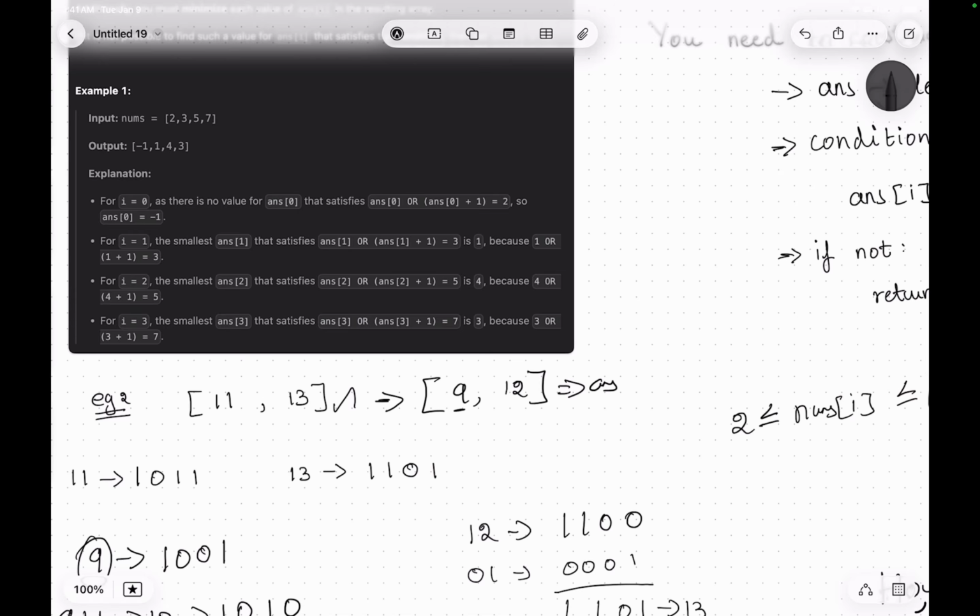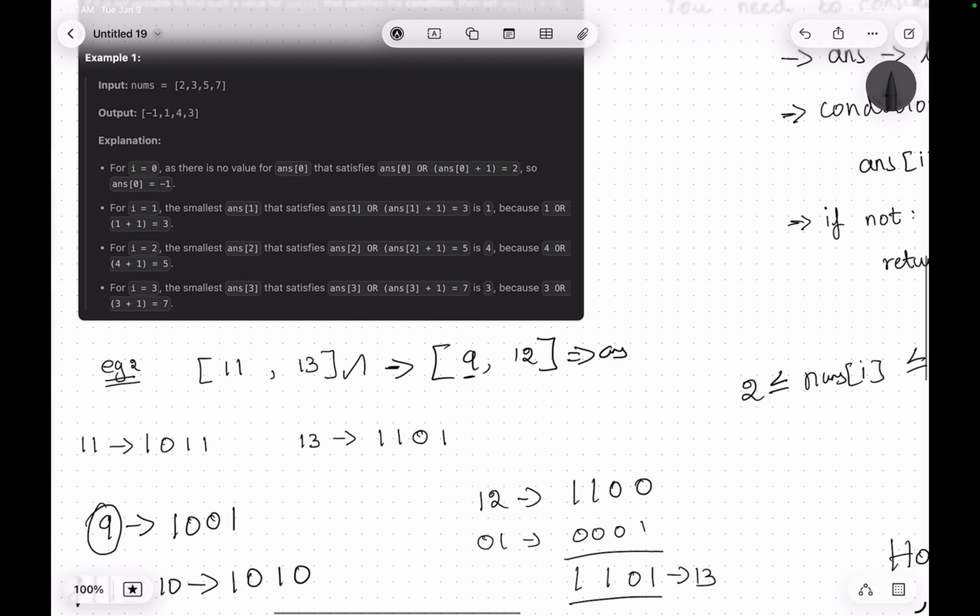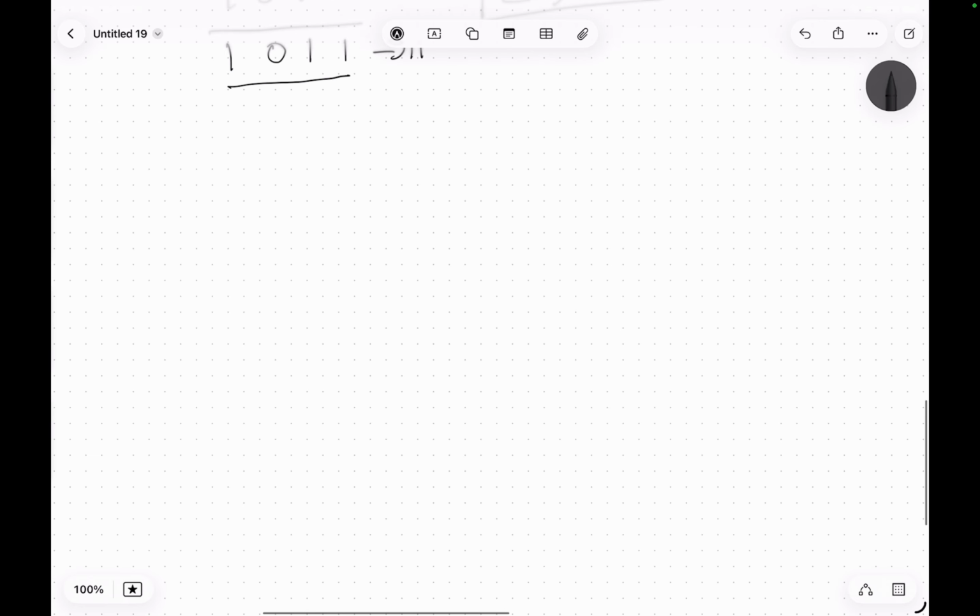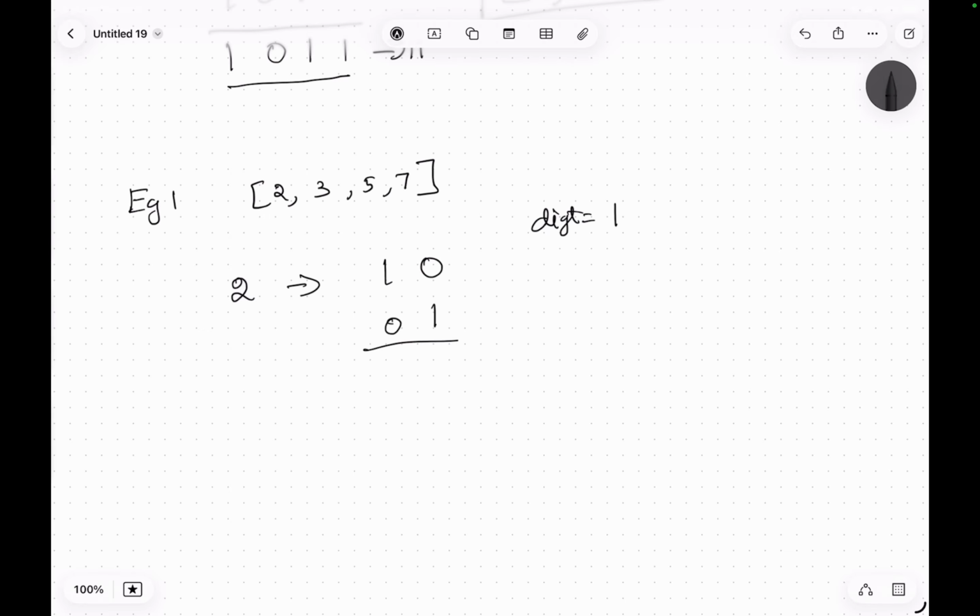And then we will come up with the observation and then jump into the coding part, right? So it is given 2 3 5 7. First represent this in the binary form, which is 1 0, and we start with digit equal to 1, so this will be 0 1, and because of that this is 0, so this satisfies the condition,